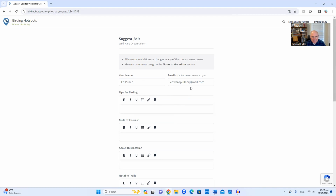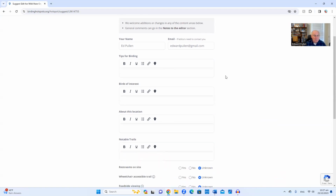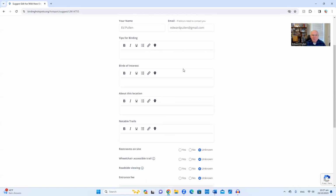And my email address. That's basically so that the editor, which in Washington will be me, knows who's entering this information. It kind of makes it easy for me to tell if it's a bot putting in junk information, and gives me an idea of how credible the information might be. And the key things here are that you have to put something about the location. It won't accept an entry without something about the location. So I'm going to say this is a private